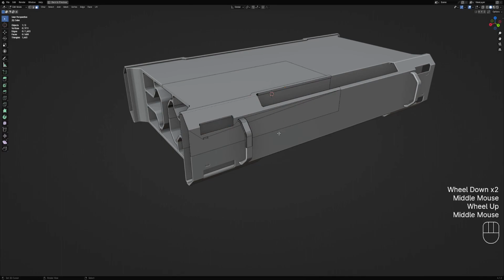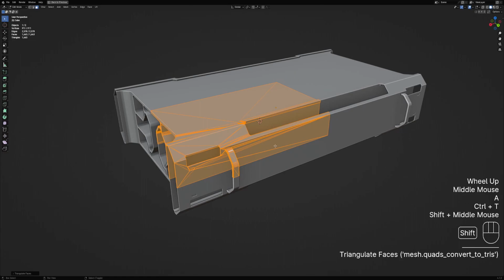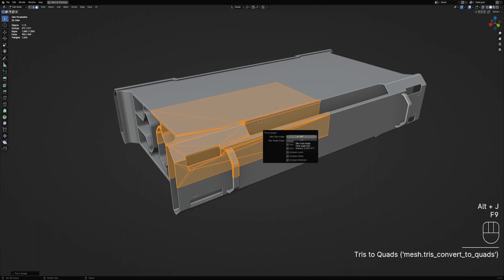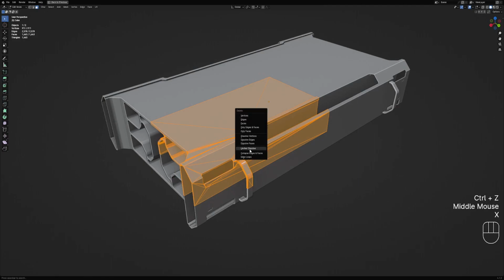But if you happen to triangulate this by accident and save it and then come back and regret what you've done, you can just press Alt J to quadify and F9 to bring up the redo panel. Set this to 180 both, and it still doesn't go. Okay, not that. This one,